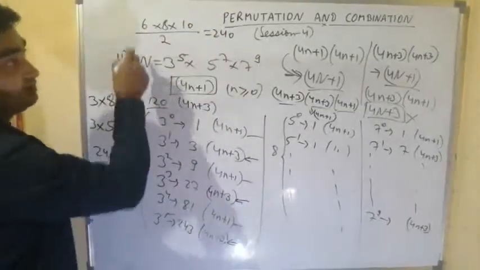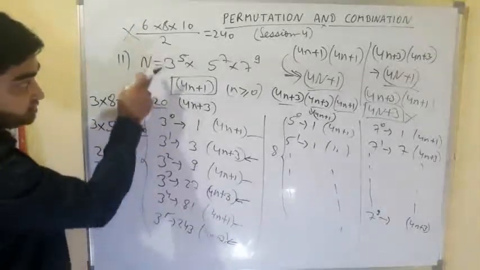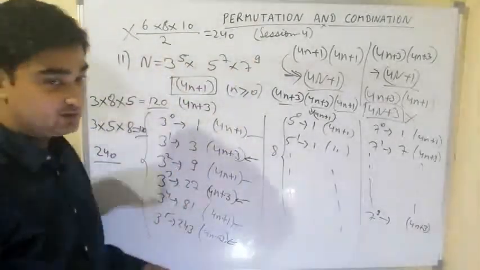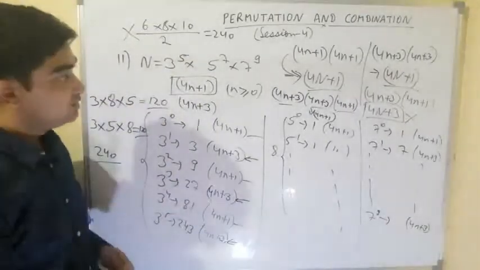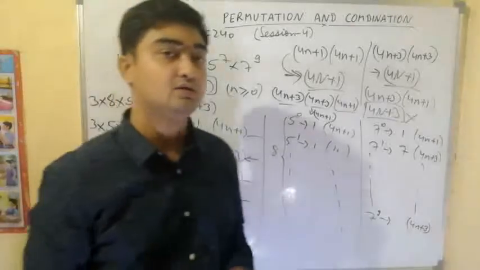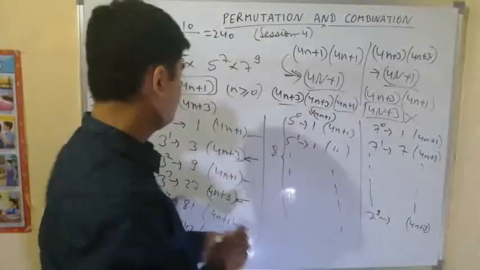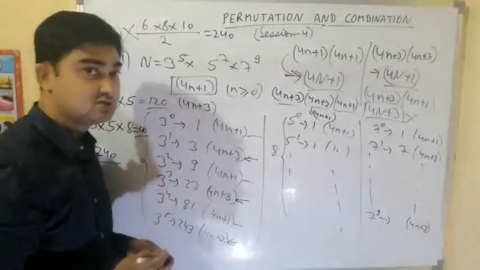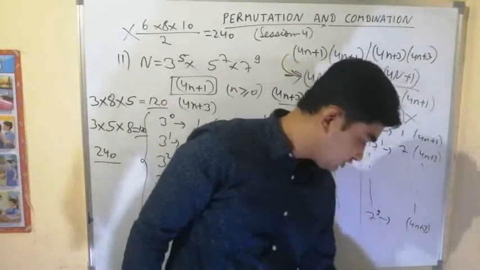480 by 2, 240. But we are getting the answer, but that is not always correct, because here all the choices are even. 6 choices with 3, 10 choices with 7. 5 is not in factor because 5 is 4n plus 1. So hence it is matching. Otherwise you have to solve like this. Or if it is even, directly we can write total choices divided by 2, which will be of the form 4n plus 1. So half will be of the form 4n plus 1, half will be of the form 4n plus 3 if the powers are odd and the number of choices are even, because number of choices are even plus 1. Now we'll do the next problem, that is question number 13.